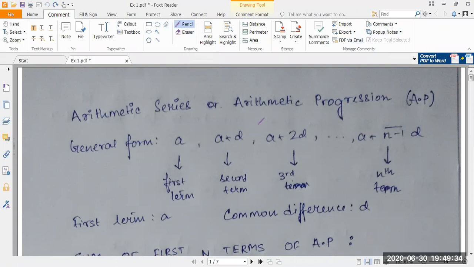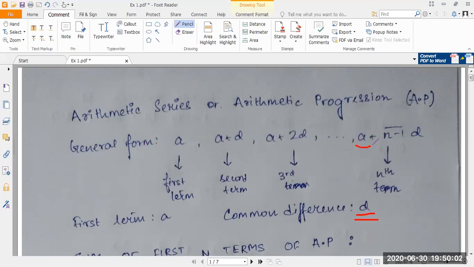An arithmetic progression is a series of numbers in which the consecutive terms beginning with the second term are formed by adding a constant quantity with the preceding term. So what we have is the difference between the second term and the first term, the difference between the third term and the second term. If you note this general form, then you'll see that common difference is constant. That is, we have a common difference, d, that is constant throughout the entire general form.